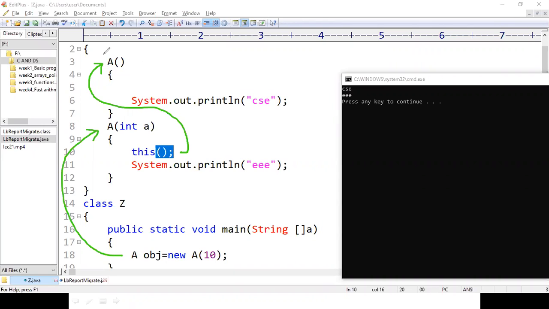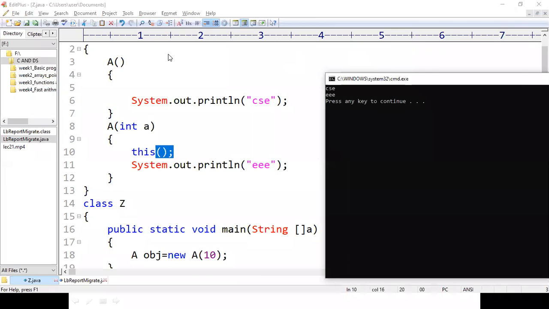That constructor is going to print CSC over the output screen. That's why we have got CSC on the output screen. After the successful execution of this constructor, control returns to the next line of the calling constructor. Then the calling constructor is going to print triple E on the output screen. So this is how the execution process takes place, right?